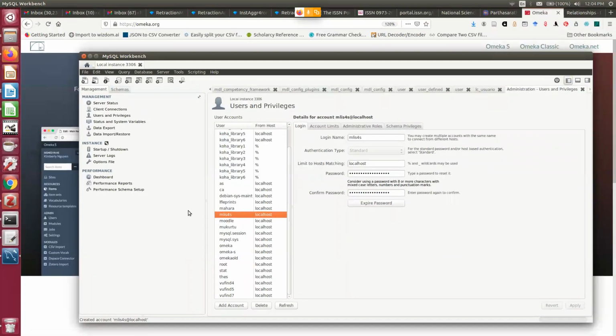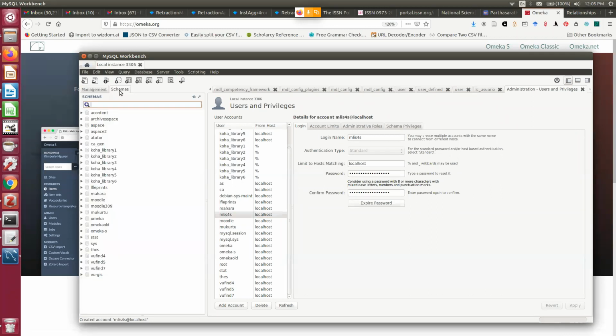These are the things we have done from the command line for the user. I am trying to show you so that now you can go independently. Many related software you can install, and every time I am not going to instruct you on the steps you need to follow. Sometimes you need to do it on your own. So it will be better if you know MySQL Workbench, how to create things very easily. You can create a user. You can see I don't have to remember any command to create a user like MLIS4S. Now I am going to create a database. So when you are creating a database, come to schema.